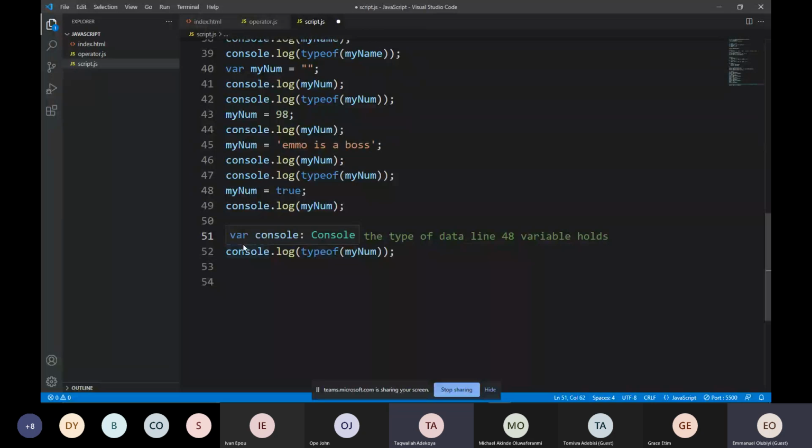So later in future, after I've done many things, if I come back to this file and I want to work on it,